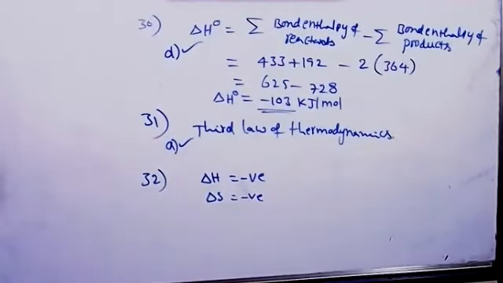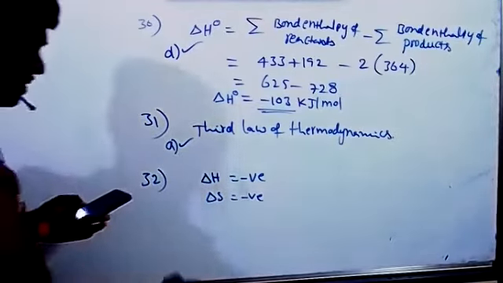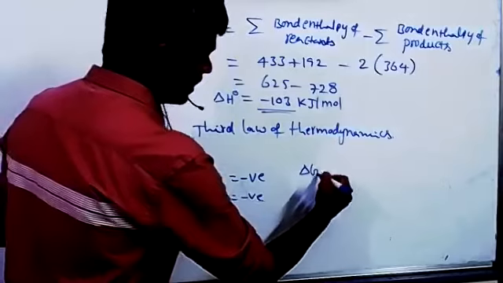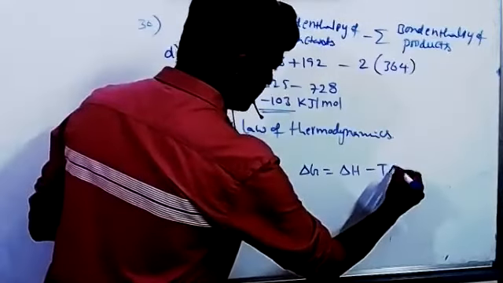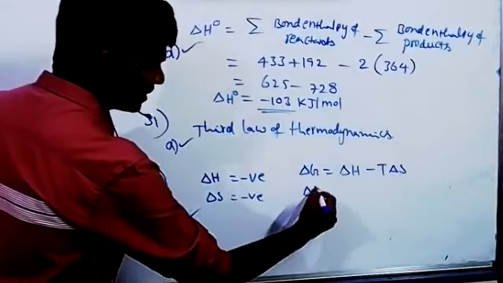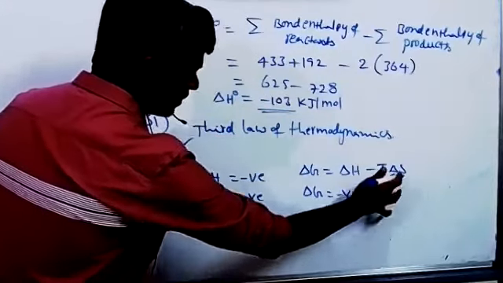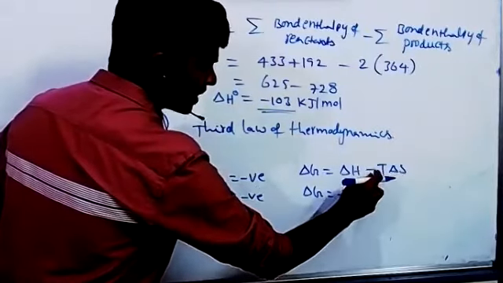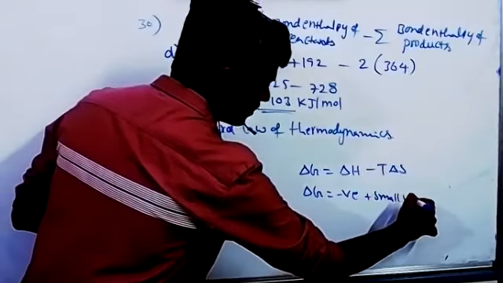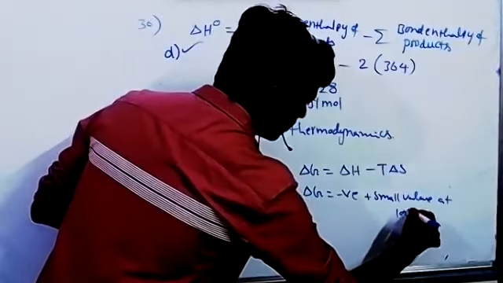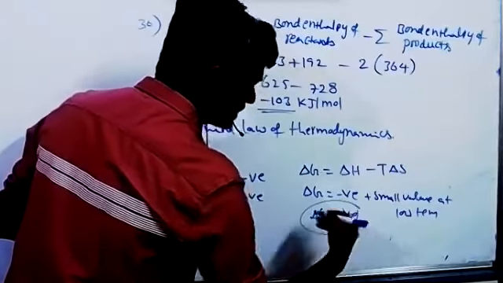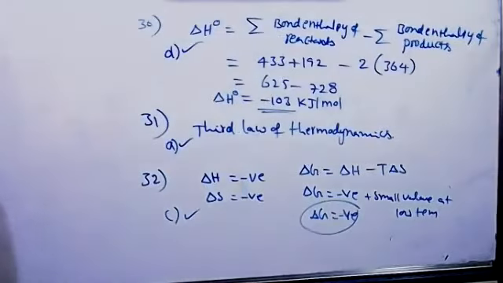Increases with decrease in temperature. This is correct. Yes, increases with decrease in temperature. If you maintain low temperature, delta G is equal to delta H minus T into delta S. Delta H is negative already. If we substitute delta S negative at low temperature, overall value will come small, with plus sign. With plus sign, small value will come at low temperature. So then delta G we can maintain negative sign only. So process is spontaneous and speed of chemical reaction also increases.